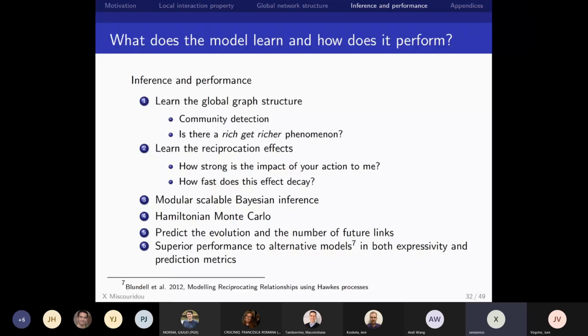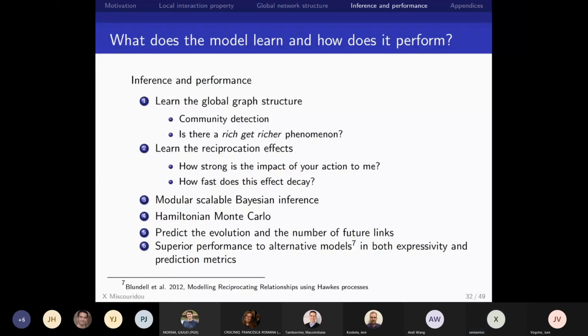So I would split my data set into training and test, and then according to all the parameters I have estimated in the first part, can I use those to predict the number of messages exchanged between every single person in my network in the future? So this is what I do, and compare it to other models in literature. So I simulate from the model, and I take a root mean square error of the true number of links, because I have them, and the estimated ones, and I see